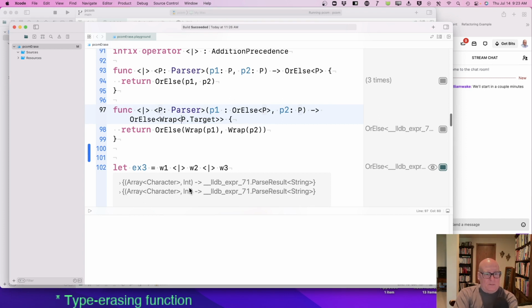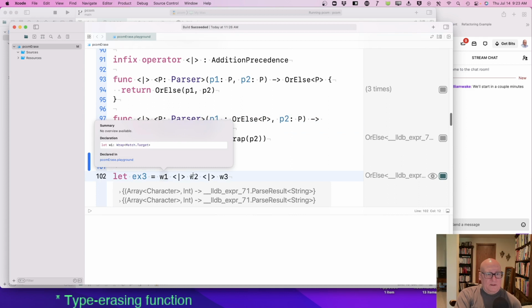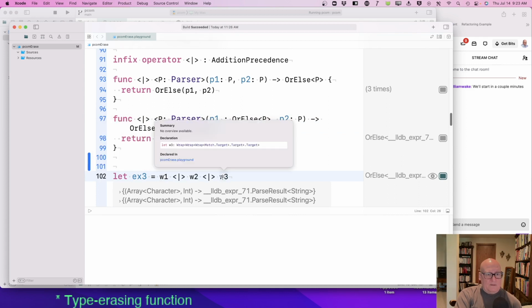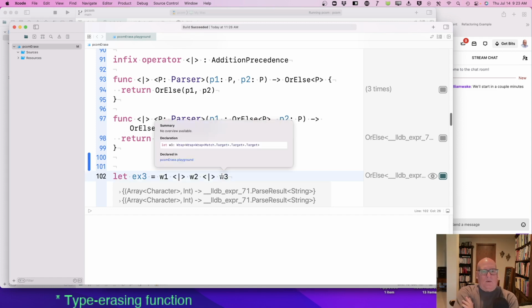Now, I don't know if it applies it. Let's see the type of W1. Wrap match. Wrap. Okay. Yeah, they are not. I think like wrap.